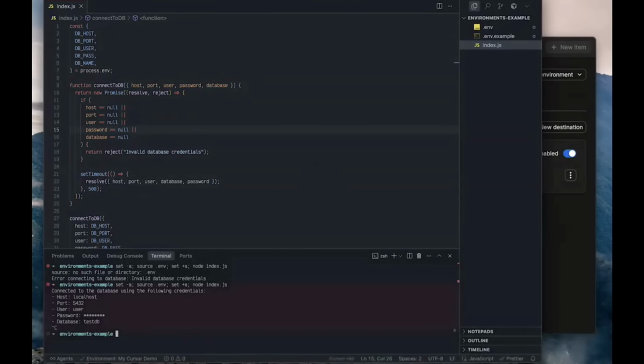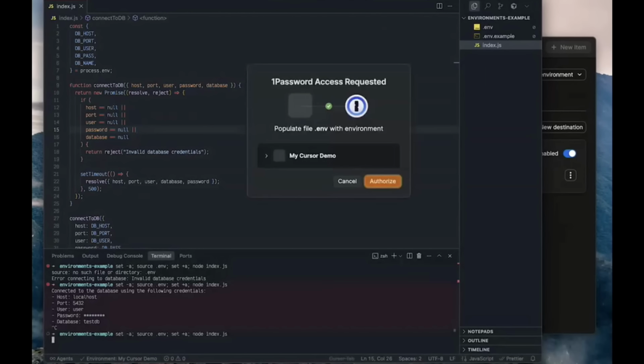Make sure it's playing. And then basically when he runs that script now, it's going to pop up an auth prompt for him because that file is now secure, right? As in it's inside the 1Password vault. So to be able to access it, you have to actually give it authorization. And you'll be able to control, okay, do I want to authorize this for some time? Or do I want the auth prompt every single time? Things like that.